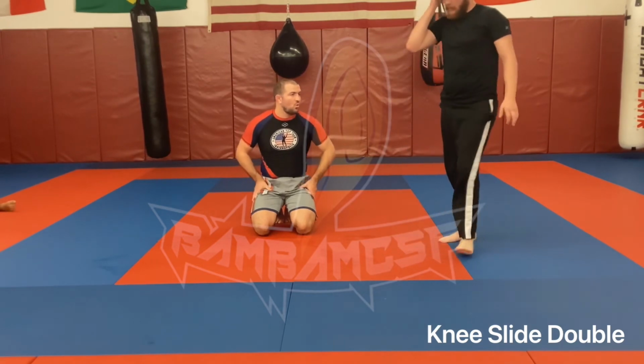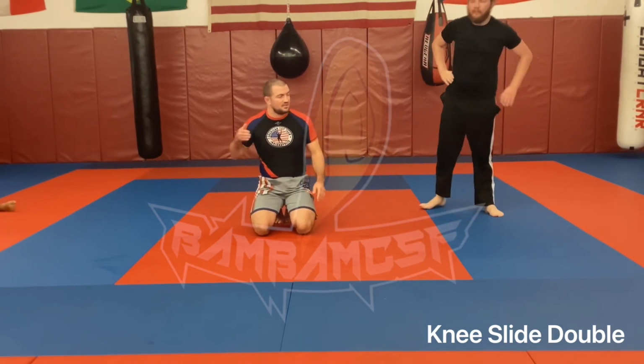Questions on this? Instead of knee sliding to the center, knee slide at that